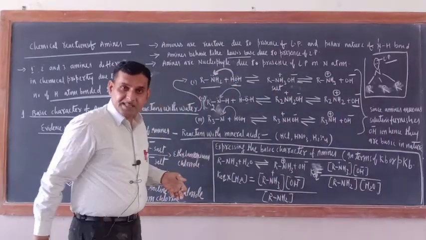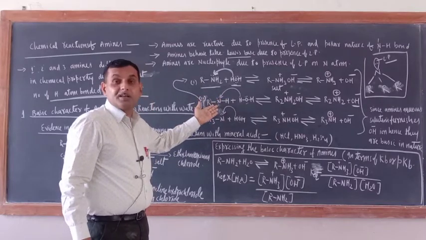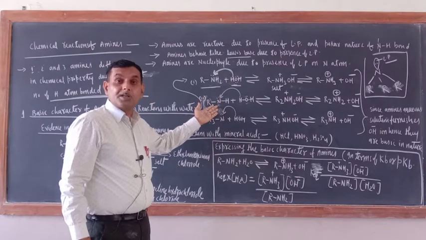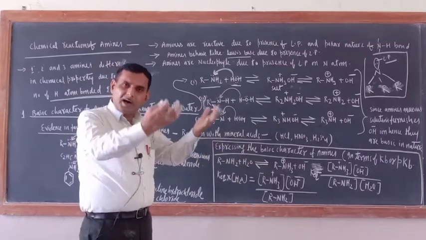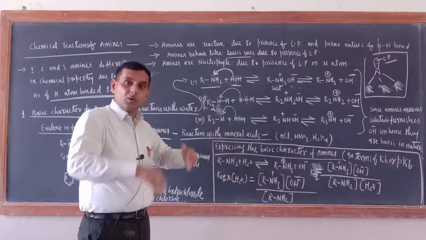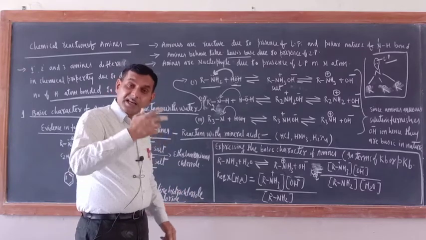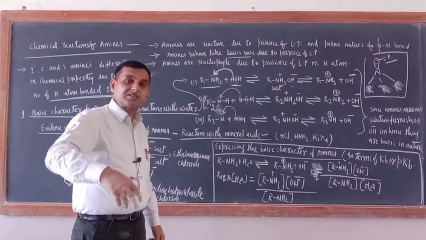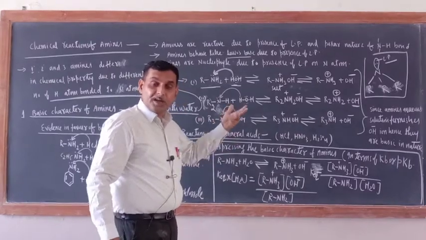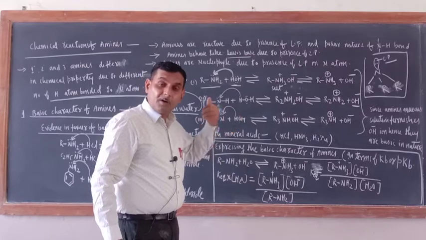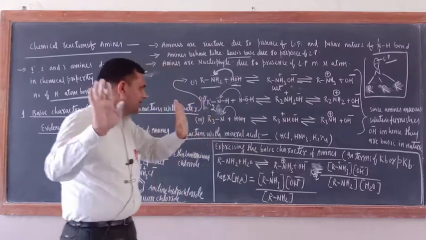But what kind of basic are they? They are accepting a proton here. So that is why they are Bronsted bases. Correct? Proton acceptor is Bronsted base. Lone pair donor is Lewis base. And which furnishes OH negative ion in aqueous solution, that is Arrhenius base. So just see, amines are fulfilling the criteria of all the 3 concepts of acids and bases. So they are basic in nature, it is proved now.